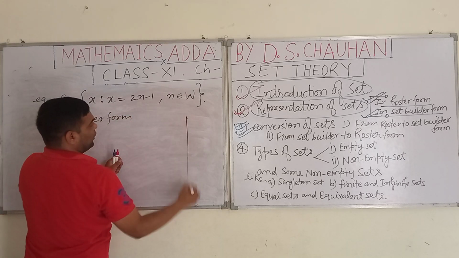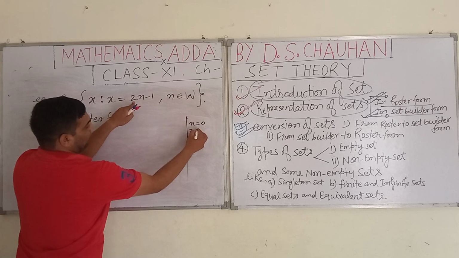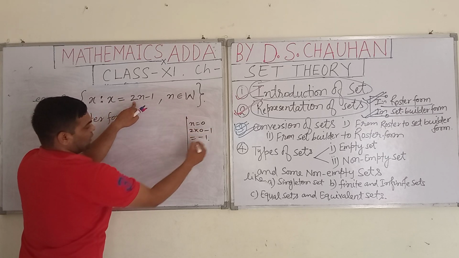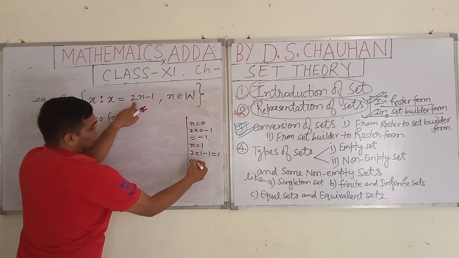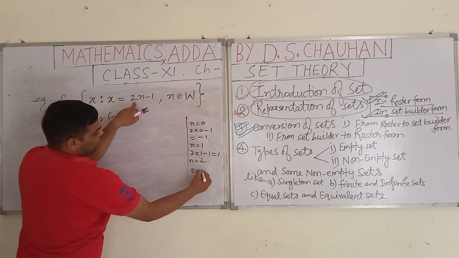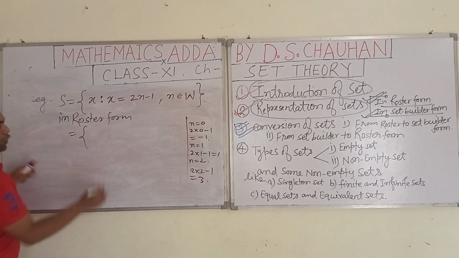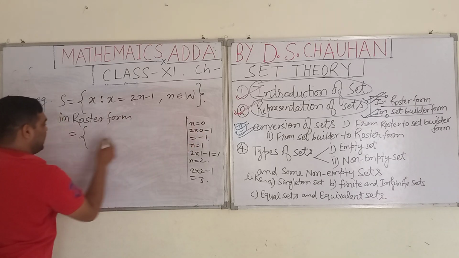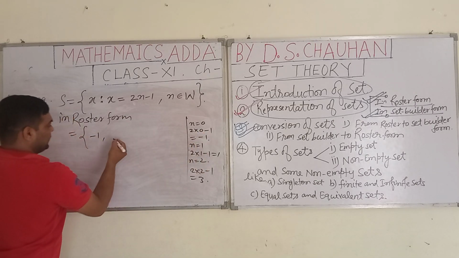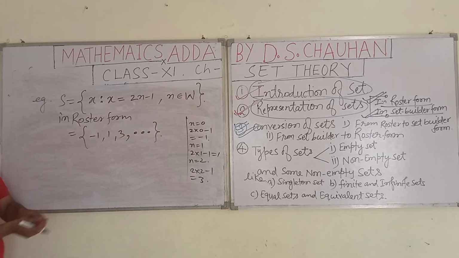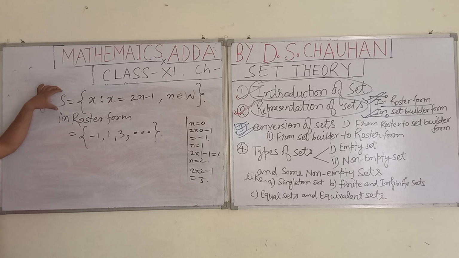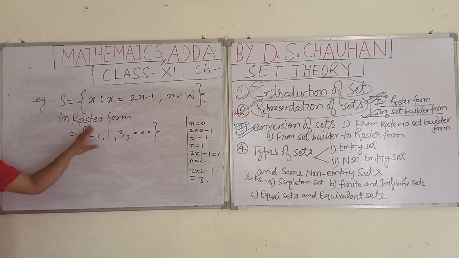here as you put n equal to 0, it will be minus 1. At n equal to 1, it will be 1. At n equal to 2, it will be 3, and so on. So what we get, students, the first element is minus 1, then 1, next 3, and so on. Students, here you are seeing that if set builder form is given, we can convert it into roster form. Okay, students, next example,